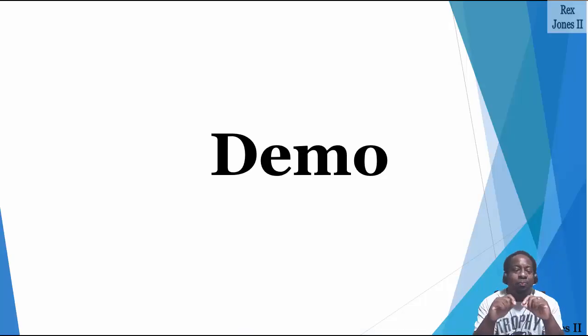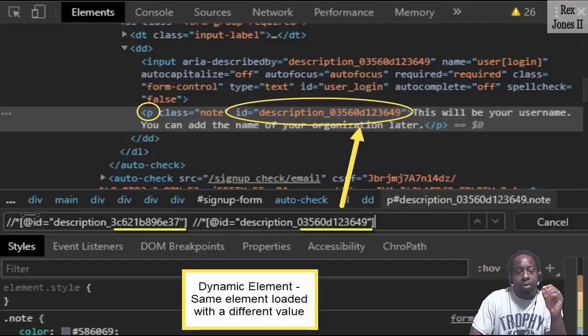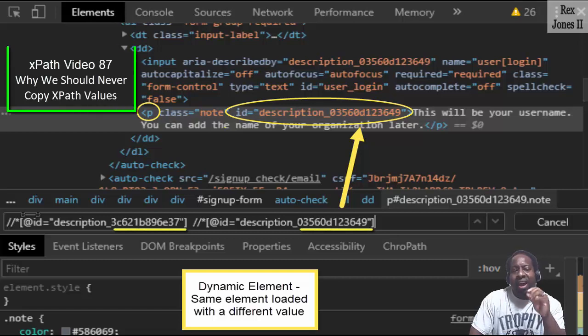In this session, we will look at the benefits of using more than one relative locator. I mentioned in the previous session that relative locators are good for dynamic elements. Here's an example of a dynamic element that I covered in my XPath video 87, talking about why we should